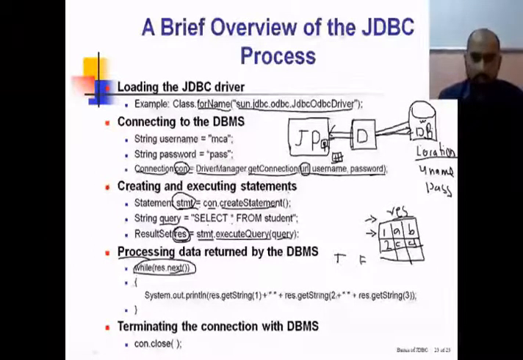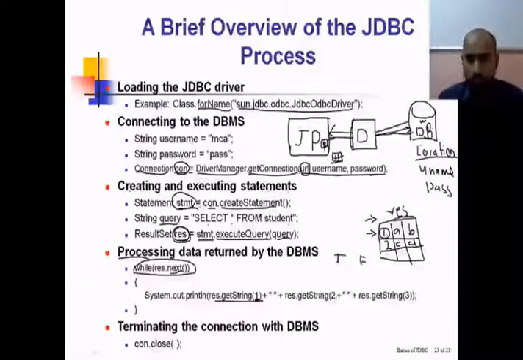And as it is true, we will enter the while loop. In the while loop, we can see how the data present in every cell is read and displayed. In the system.out.println statement, we are reading the data from every cell. To read the data, the method which is used is res.getString(1).